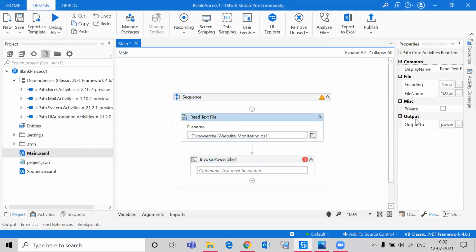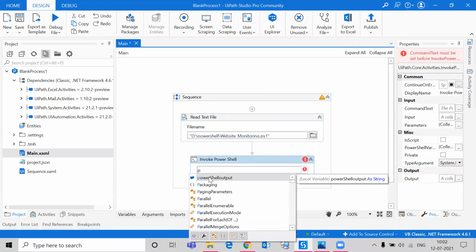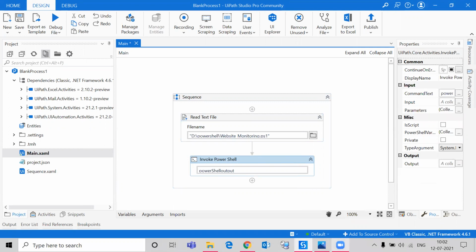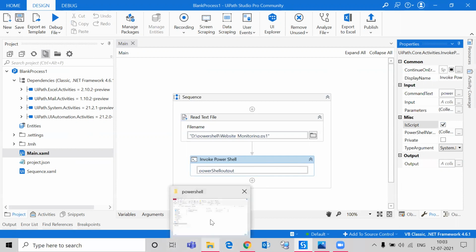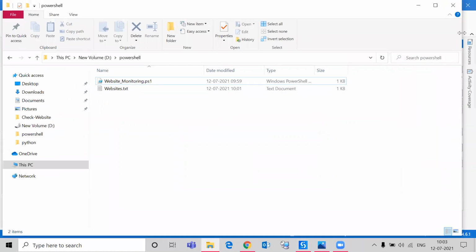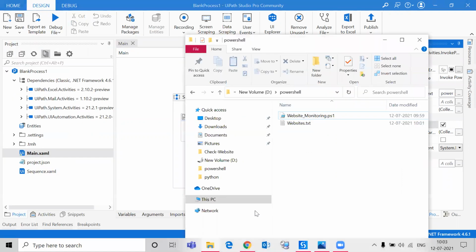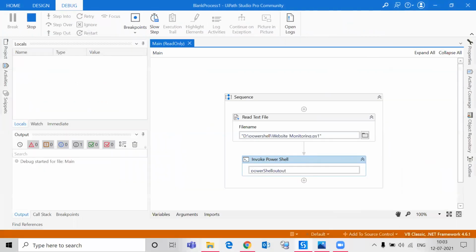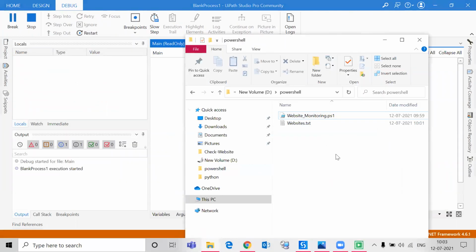Here you need to provide this particular output parameter as the input. But the most important thing is, as we are using a script, we are not providing the script in this editor panel. So you have to check this Is Script icon. Then only this workflow is going to work. So the expected outcome is that now through UiPath Studio, the CSV output will be generated in the same folder by debugging this particular code. So I have run the code through UiPath Studio instead of PowerShell.